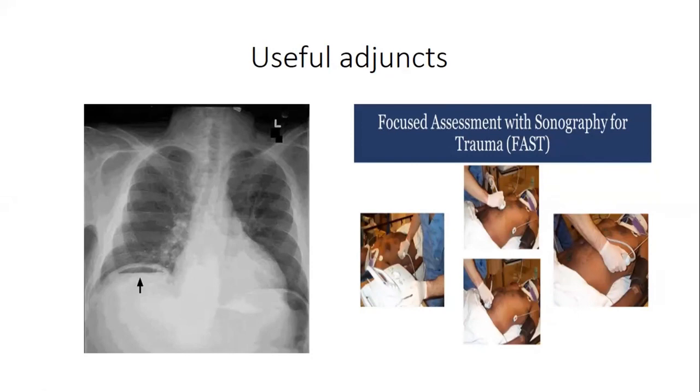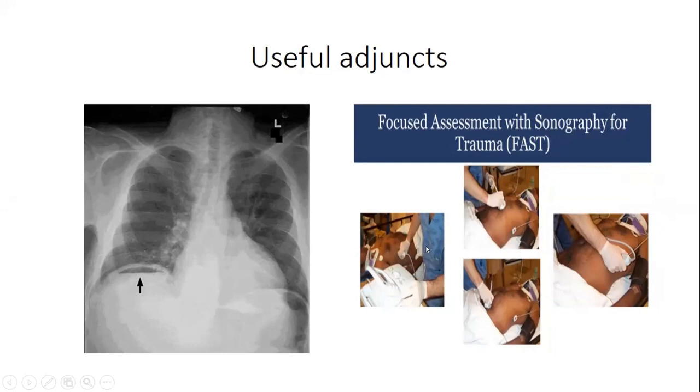But usually the traditional one had 4 windows. When you do this quick FAST scan, the first window is the subxiphoid window, intended for you to look at the pericardial space and to look out for pericardial tamponade. The second window is this one, right upper quadrant, intended to look at the interface between the diaphragm and the liver and the superior pole of the right kidney, or what we call the